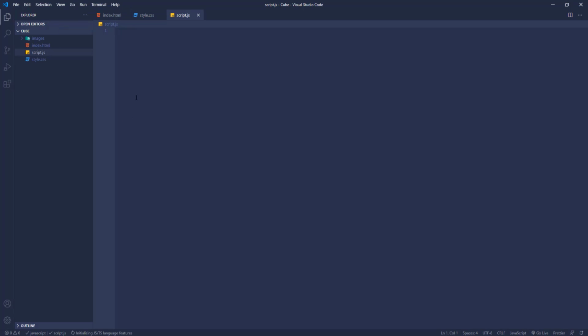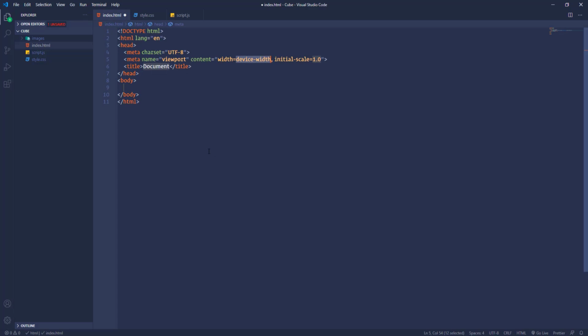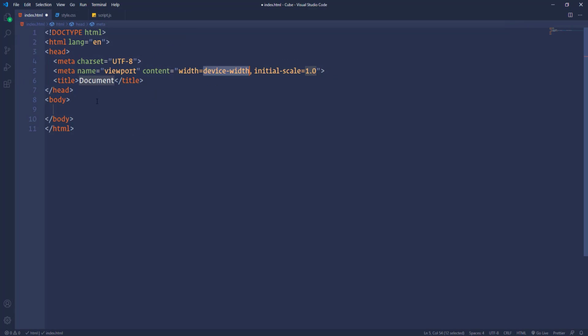Then open the HTML file and create a basic HTML document. For that I'm going to use Emmet. We have to place here an exclamation mark and then press tab or enter. So here we go. We have here the basic HTML tags. Let's go ahead and at first change the title. I'm going to insert here cube. Then I'm going to link the CSS and JavaScript files.